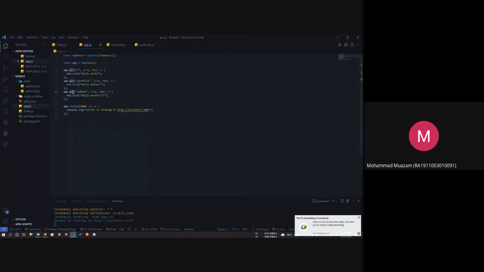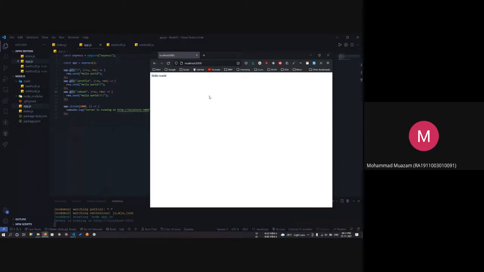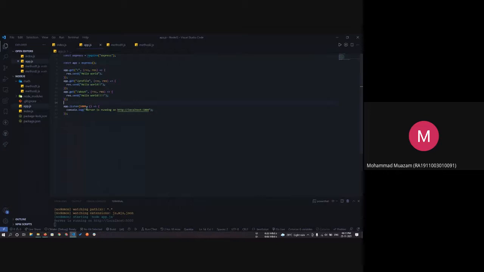But what if our API is fetching data from the database or doing complex things, or if it is not a GET request but a POST, PATCH, PUT or DELETE request? You cannot test that in your browser simply. You'll either have to create a form or use front-end JavaScript to handle those tasks. For testing purposes, we obviously do not want to work that much just to test our APIs. So in that case there was this application, Postman, which was used to test the APIs, but then